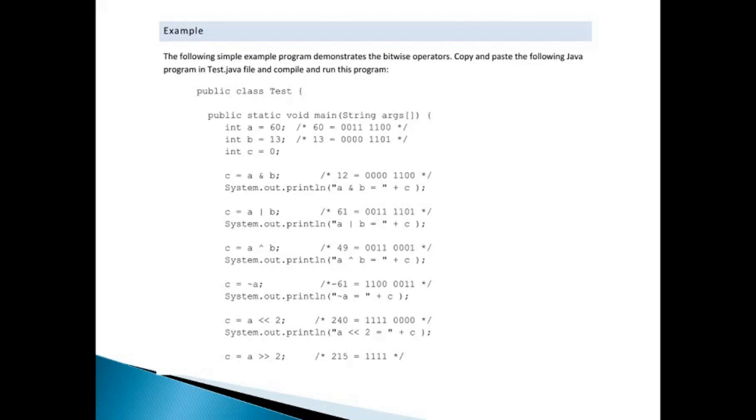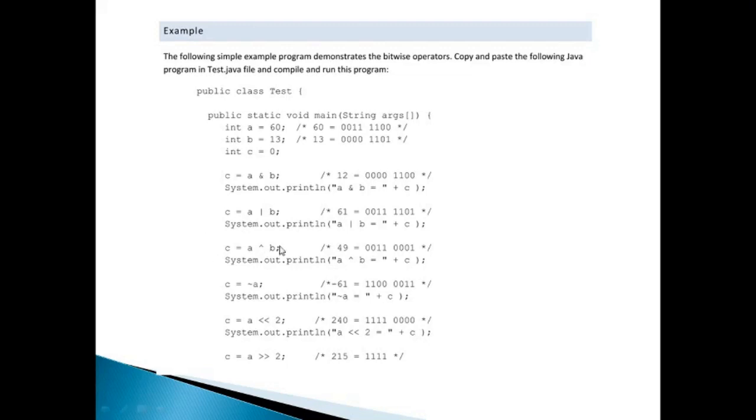This is an example that deals with the bitwise operations performed on variables. Suppose here A is 60. Then this is the binary pattern, and B is equal to 13, then C is equal to 0 is given. Now C is having a binary ANDing between A and B. As we have discussed in this example, this will result in 12. Similarly, A or B will result in 61. For A XOR B, this caret is the symbol that is used for XORing.